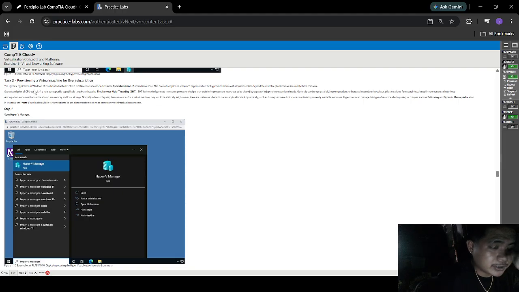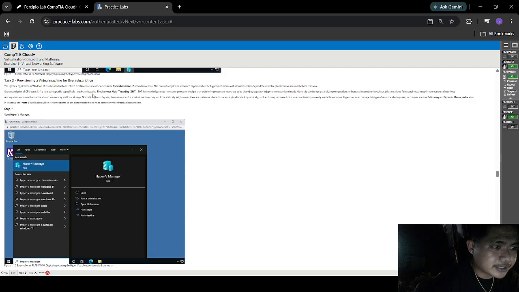The Hyper-V application in Windows 10 can be used to virtualize machine resources and demonstrate oversubscription of shared resources. This occurs when the hypervisor shares the virtual machines beyond the available physical resources on the host hardware. Oversubscription of CPU cores isn't a new concept.